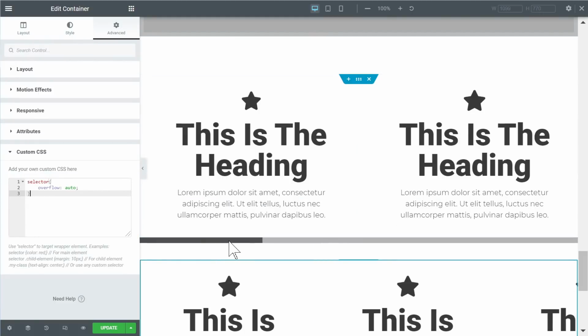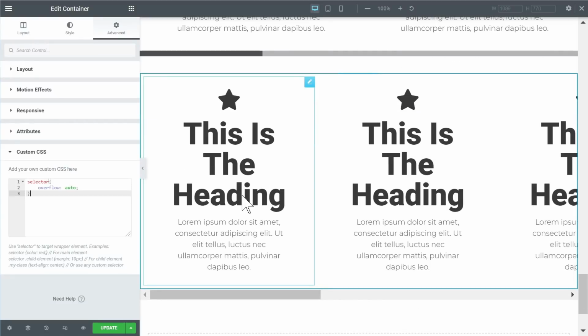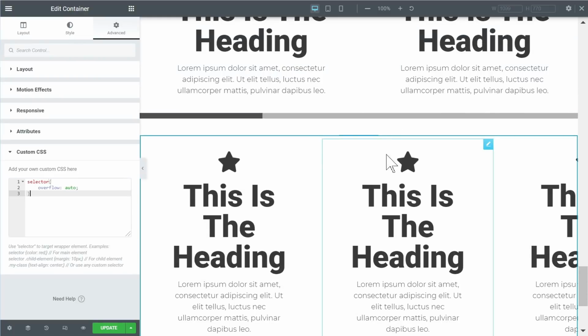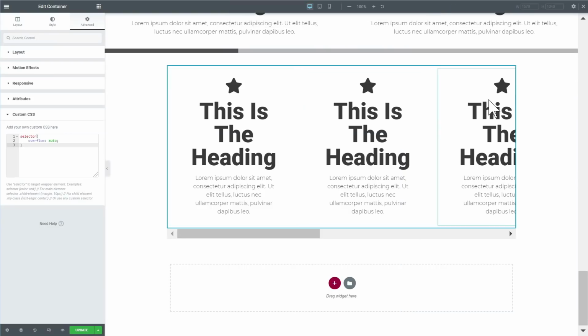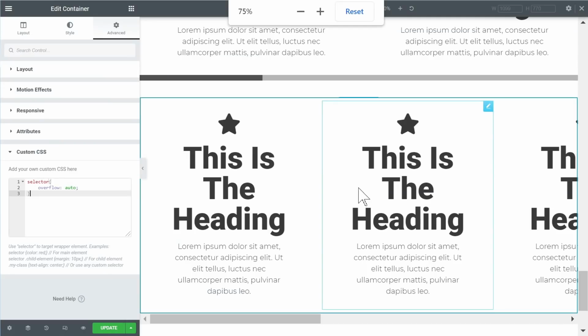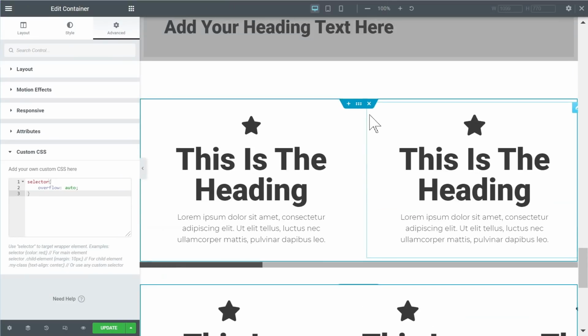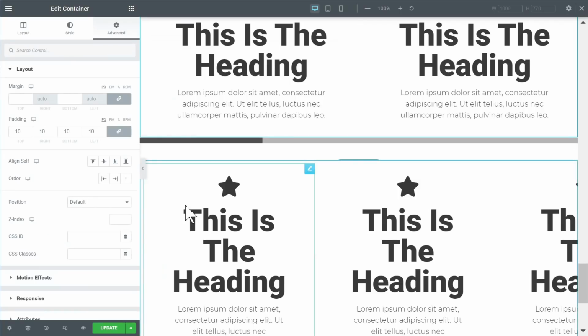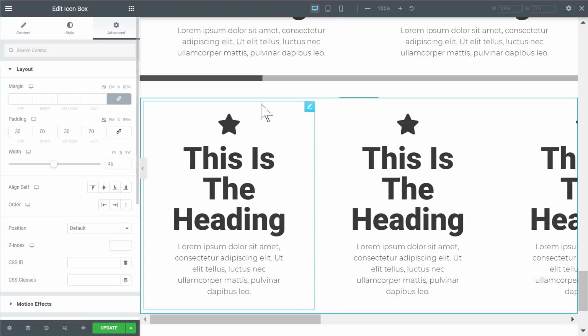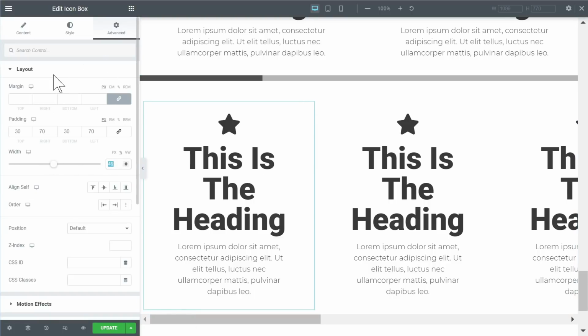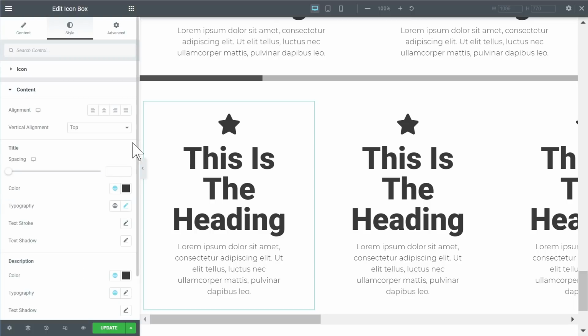Now how I got the styling here, and you might also notice that now they are kind of squished, and it's not 49% anymore. If I zoom out a little bit, it's almost 33%, almost 3 of them fit. That's because for some reason the flex shrink is set to 1. So it just makes them shrink as much as they can while still respecting the content. So essentially, the word heading is what makes the width of the icon box, no matter what I have set here. So I can demonstrate this to you by simply